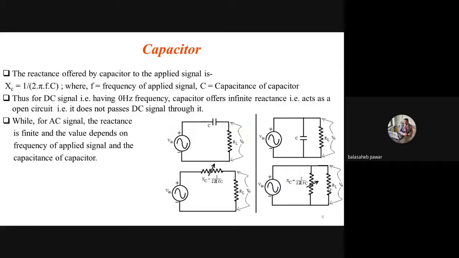Why we are calling the capacitor, or in general saying, that a capacitor either blocks DC or passes AC, these things we will discuss by taking these examples. So the first example, is it visible to all? One capacitor is connected in series with a somewhat low resistance RL, and its input signal is shown as a time varying signal or AC signal. Okay.